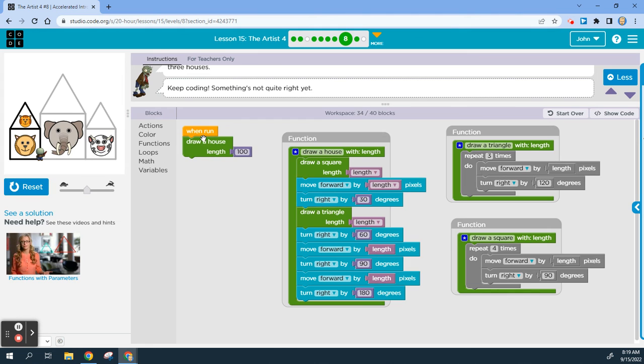And then all I have to do over here on the left side is to continue building and calling that function, draw a house 100, draw a house 150, 200, whatever, and draw another house, whatever those sizes are. And that's how you add what I like to call a repositioning script, putting my artist where it needs to be to do the next